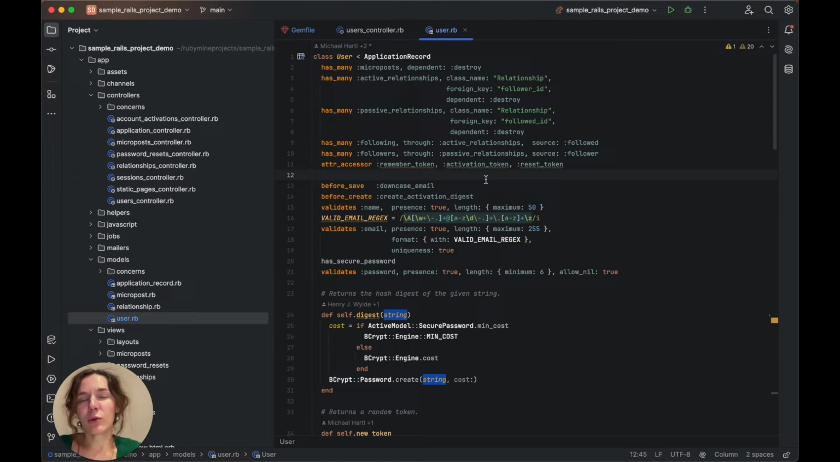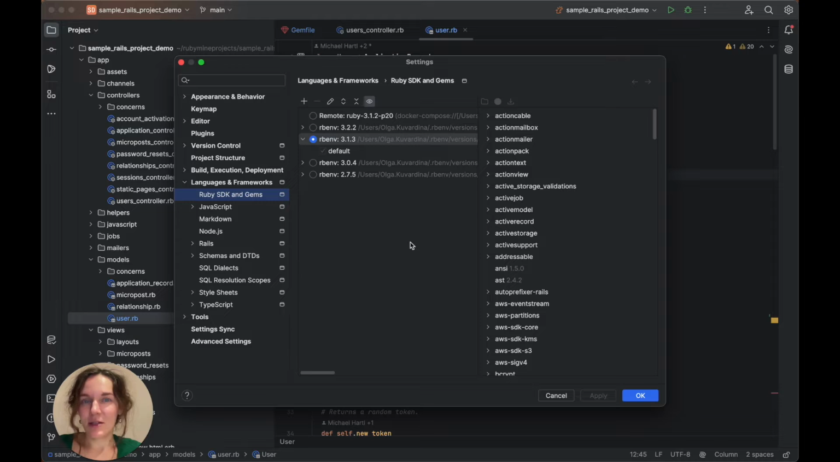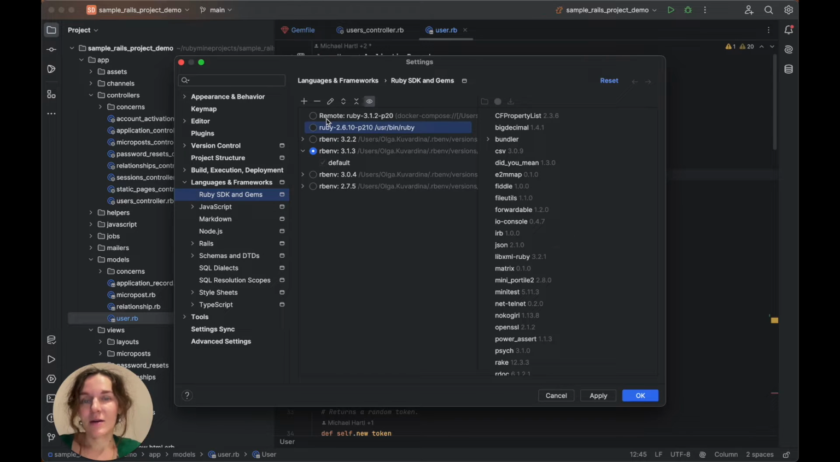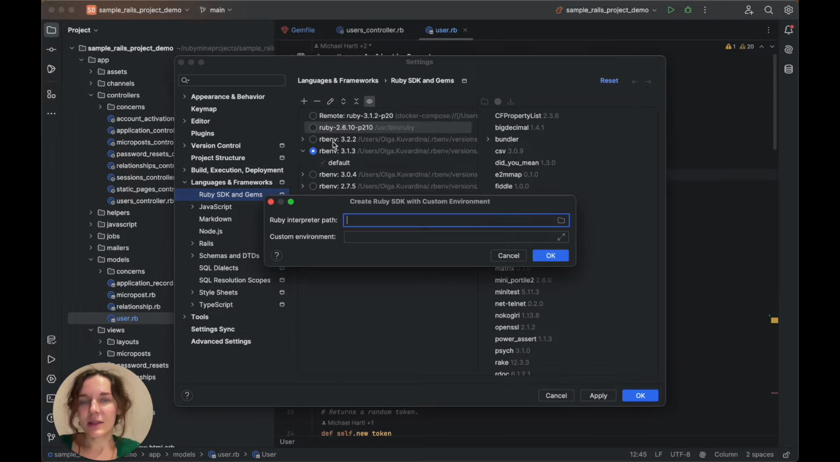If you have it installed, you can add it as a local interpreter in the Ruby SDK and gems section of the settings by clicking on the plus sign. RubyMine allows you to customize the environment a local interpreter uses to run Ruby commands. To do this, you need to provide environment variable values or a path to a configuration script